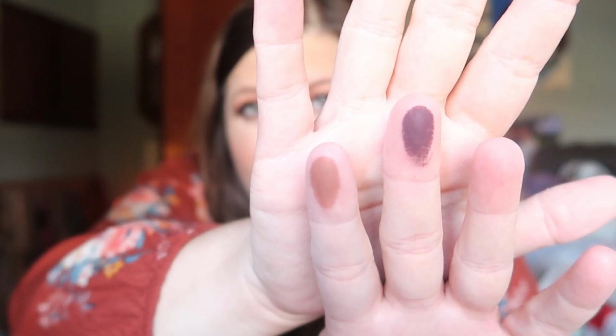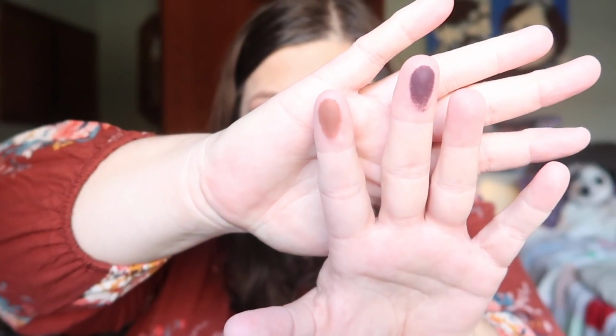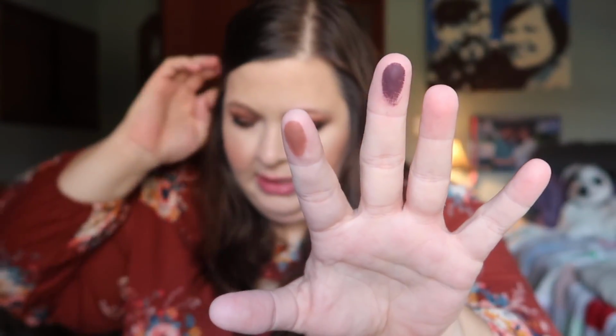So I put Entrapment in the crease. I put Extreme Aubergine in the outer third. Are we focusing? There we go. And then I put Entrapment again all over the lid with a brush, and then I swiped